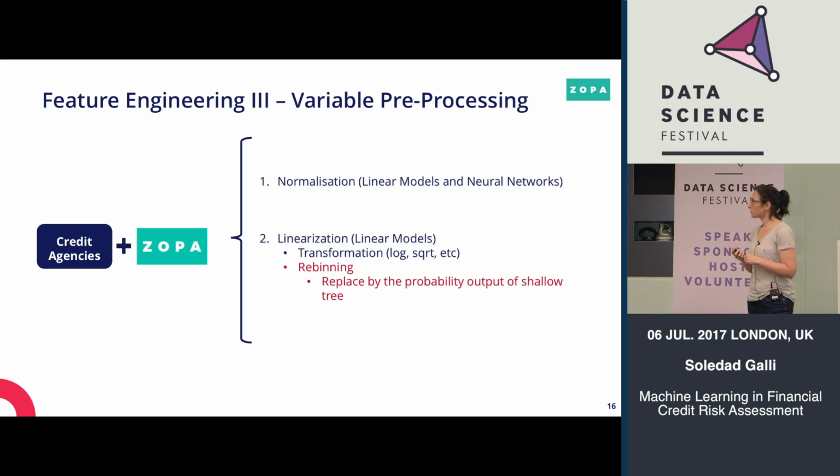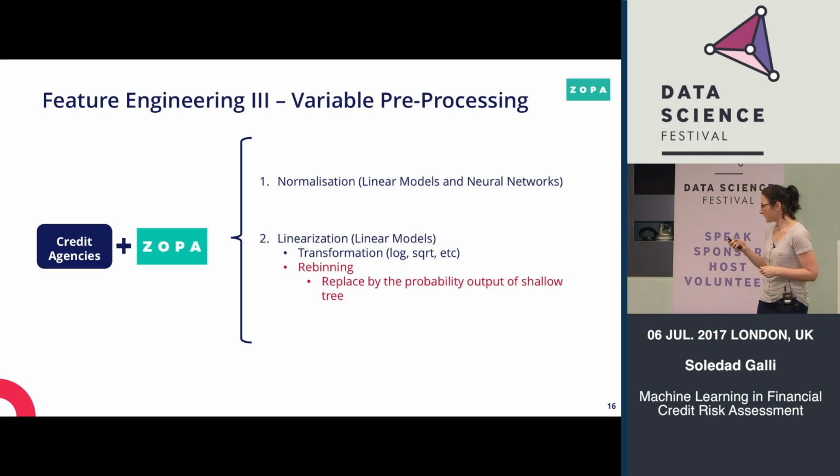Just to give you an example, for each variable, we build a classification tree. A classification tree will find the cuts within that variable that group the customers within buckets that are either very likely to default or very unlikely to default, right? Then we replace those groups by the probability, and the probability basically is matching each bucket with how likely the customer is to default. Then by ordering the buckets with the probability, we're discovering the underlying linear relationship, if any, between the variable